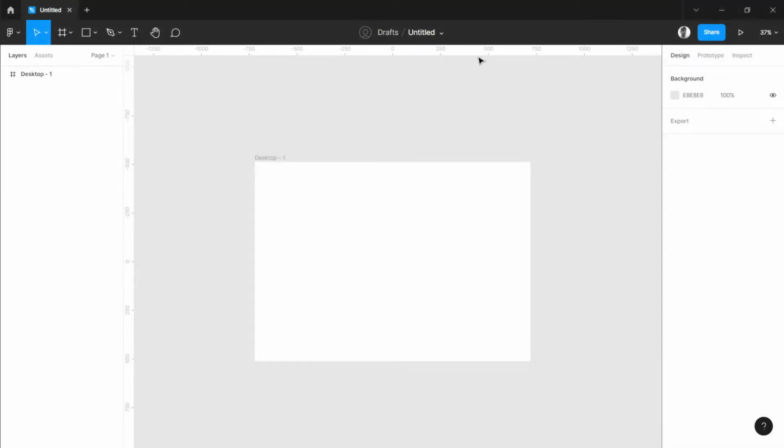First of all, before you switch your interface theme, go to check for updates on your Figma file. Maybe you haven't updated your Figma app on your Windows or Mac. So I just updated mine and just go to